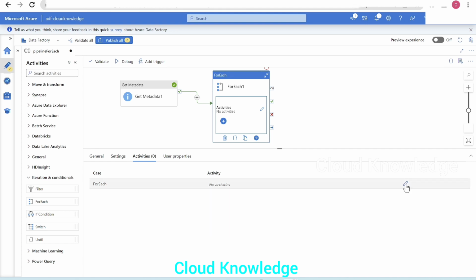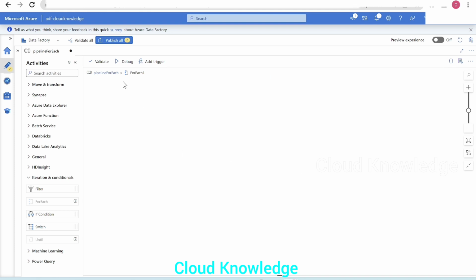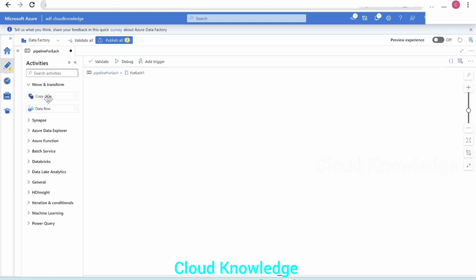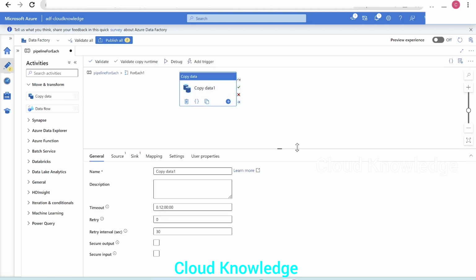Under the case, we have this edit button. So we'll click over the edit button, and now if you see, we are inside the pipeline, inside the for each block. So for each of those files, what we want to do? We want to perform a copy operation. Okay, so the copy activity will select from the move and transform, or you can directly search here copy. So the copy data will take inside the